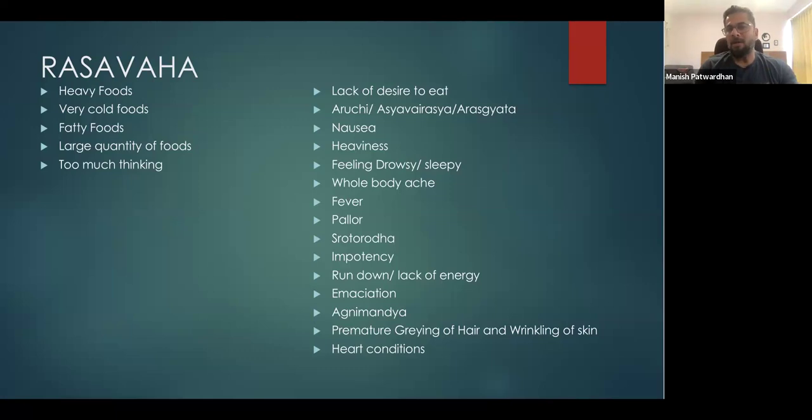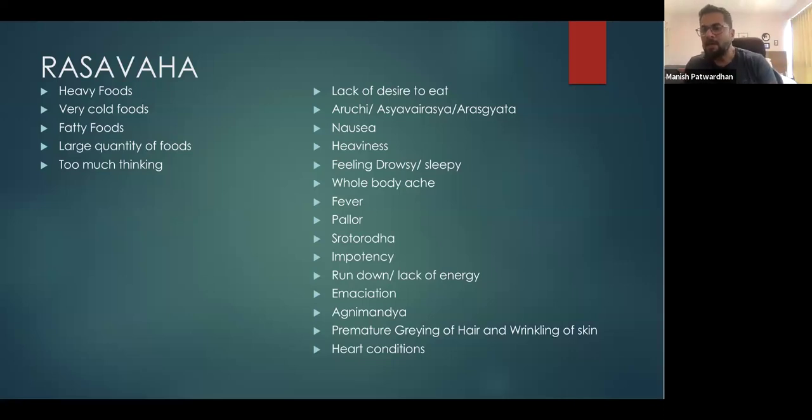And I have explained this a lot of times that the Rasava Srotas is a very interesting Srotas, particularly in cases of females. If you look at the causative signs and symptoms, lack of desire to eat food. Okay, now lack of desire to eat food is what? It is not 100% lack of desire to eat food. This Rasa Dhatu or Rasava Srotas presents it in a very unique form. So you may completely have anorexia, you may not want to eat at all. That's one way of seeing this symptom.